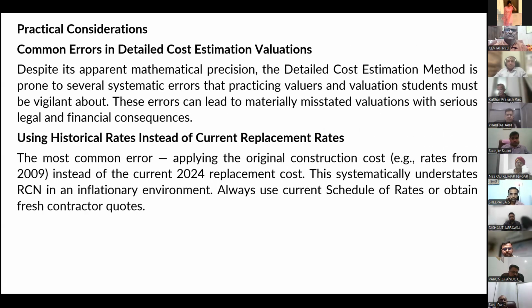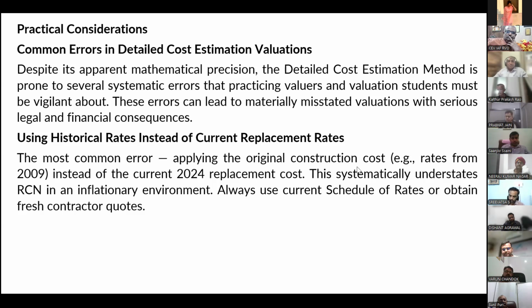कि कौन कौन सी एरर्स जो है वो यहाँ पे इनकॉर्पोरेट हो सकते हैं, वो चीज हमें देखने क्या रखनी है। फर्स्ट थिंग इज यूजिंग हिस्टोरिकल रेट इंस्टेड ऑफ करंट रिप्लेसमेंट रेट्स।